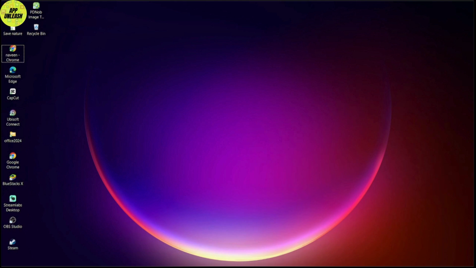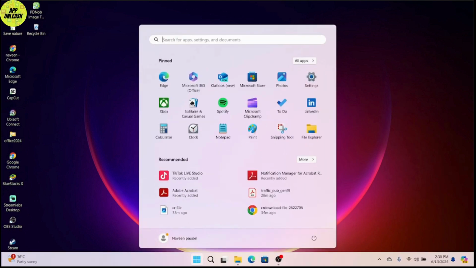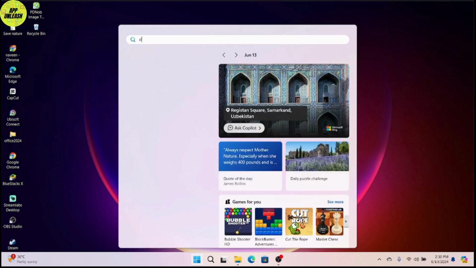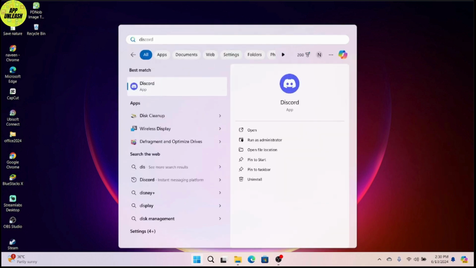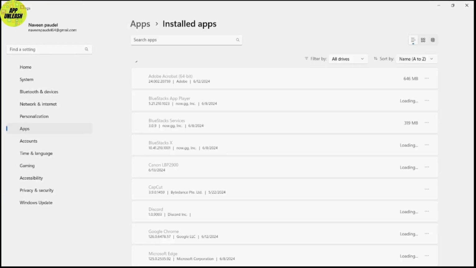So let's get started. If you are trying to reset your Discord settings, then what you can do is follow some easy steps. First, simply search for Discord in your device. After searching for Discord, now you will find the uninstall option over here. What you have to do is just simply tap on that, and after tapping on that, now it will take